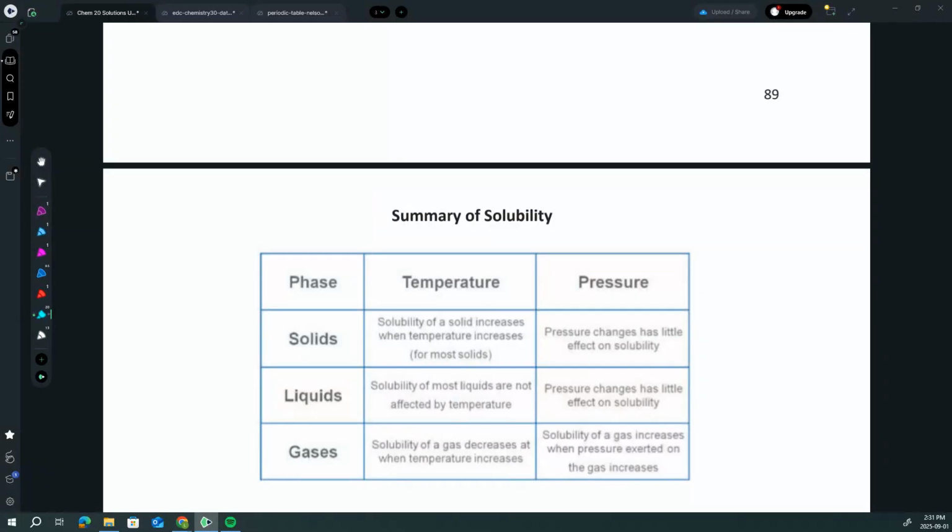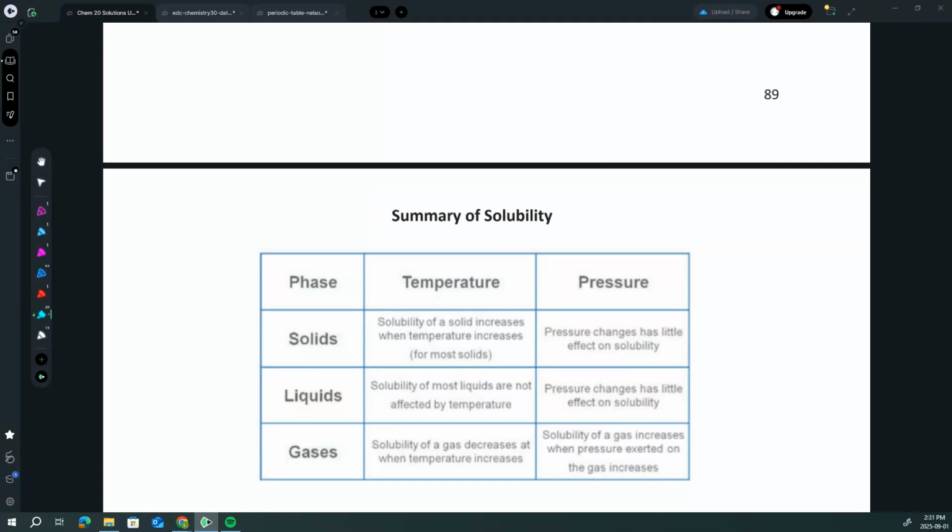If you use cold milk, it will dissolve a bit easier. However, if you warm up said milk and try to dissolve that protein powder in it, you're going to have a lot harder of a time. So that's why it says for most solids, if you increase temperature, the solubility is going to increase,